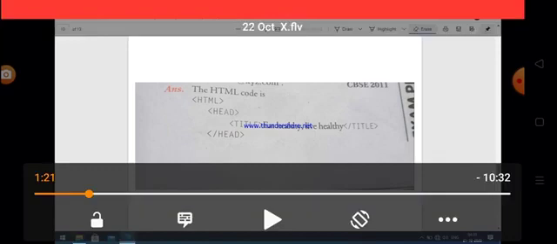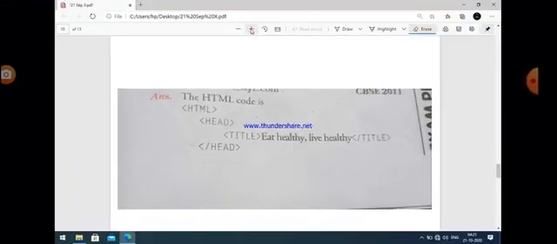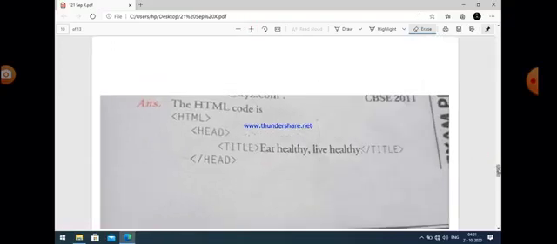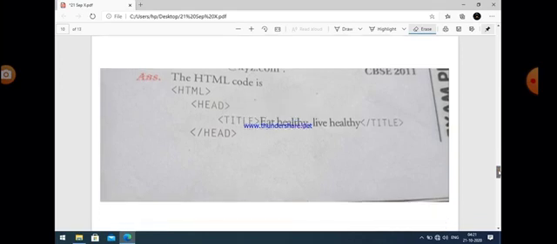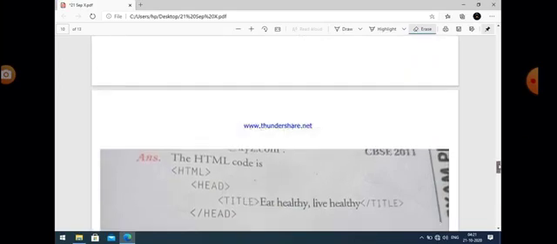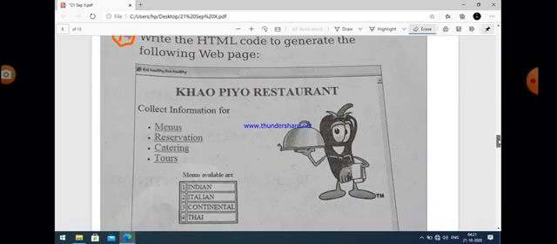So it is the first point that is given in the question, that the title of the web page is eat healthy, live healthy. So that is the title. Now you can easily see here, that is the title, and after the execution of that program, the title will be shown here, eat healthy, live healthy.